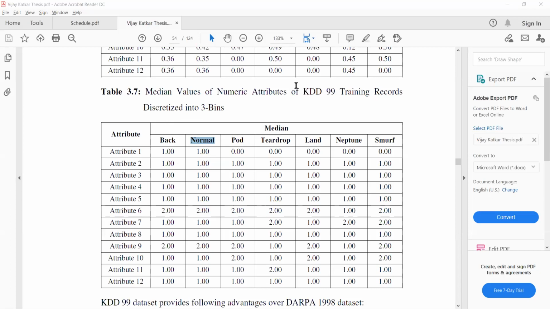There is one question from Amit sir. Amit sir, just give me a few minutes. I'll answer your question. So it simply indicates it is very difficult. Their question was why the accuracy for the back class is less.